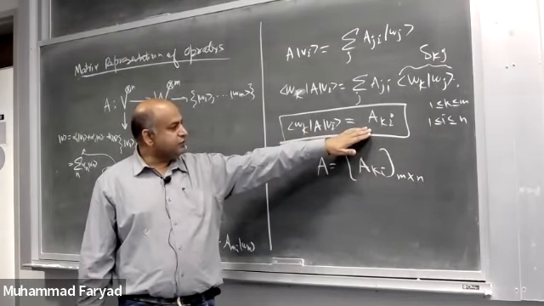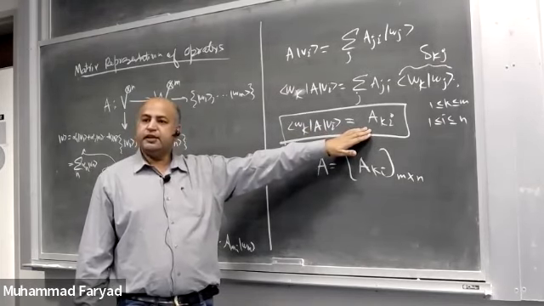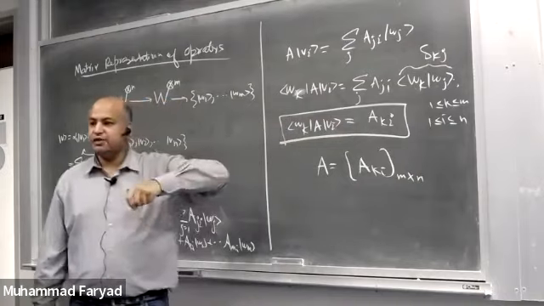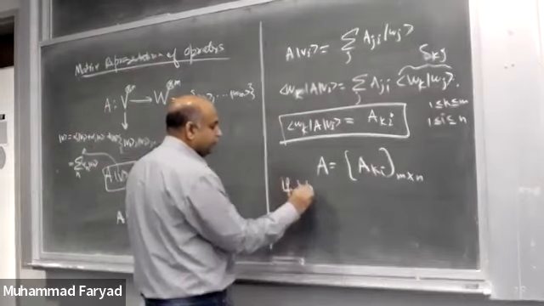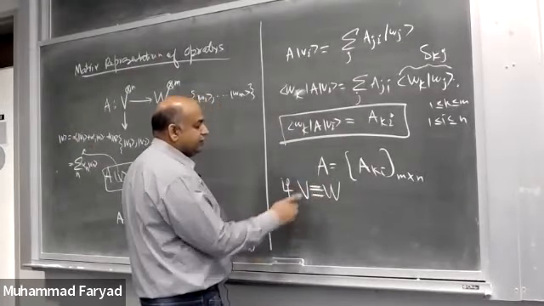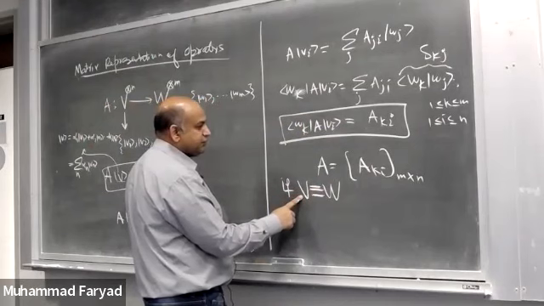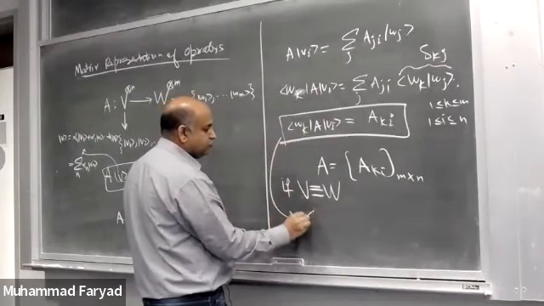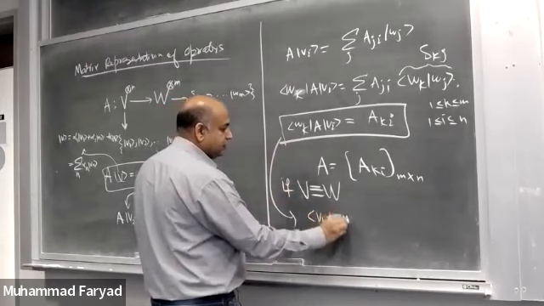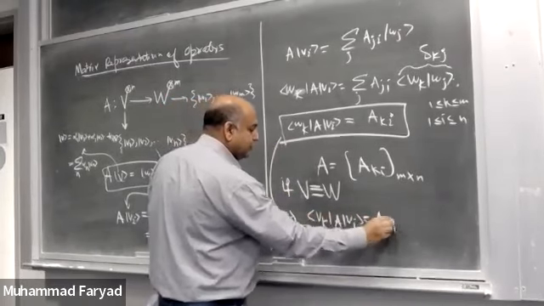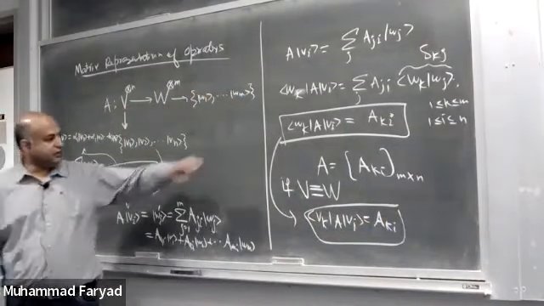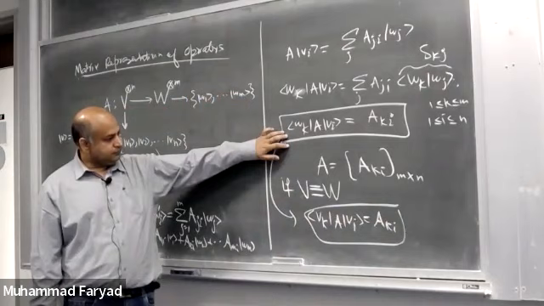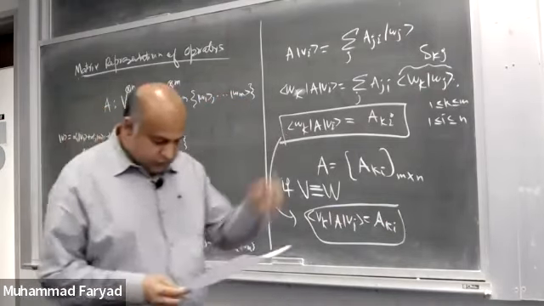You might have seen this relationship earlier, but most likely for an operator that takes a vector from a vector space and brings it back to the same vector space. In that case, if V is the same vector space as W, then they both have the same orthonormal basis. So this essentially transforms to v k, A v i equals a ki. But this is only a special case. This is the general case. So any question?